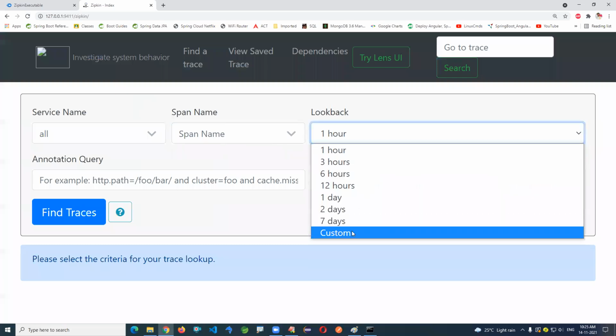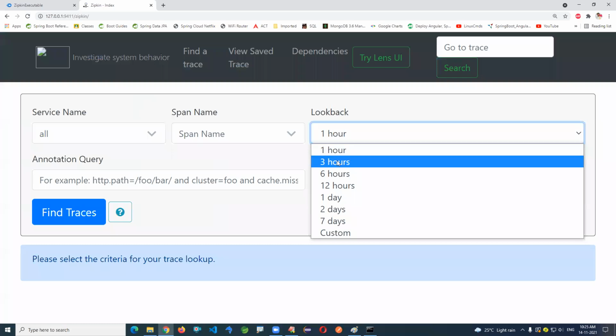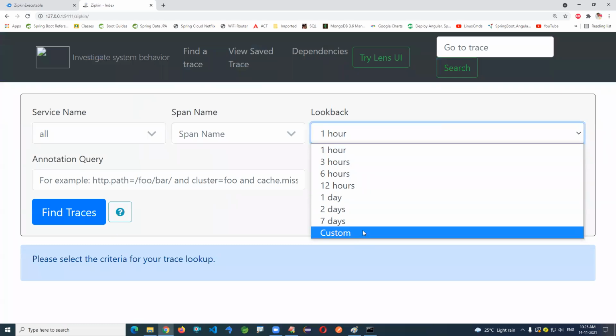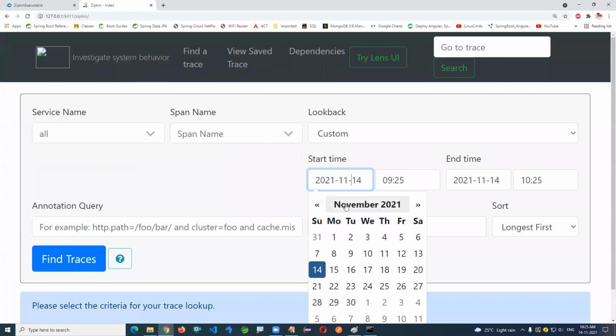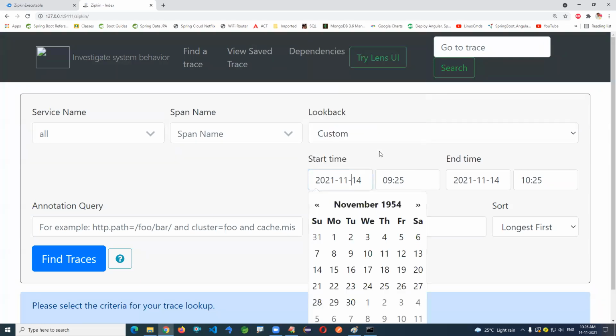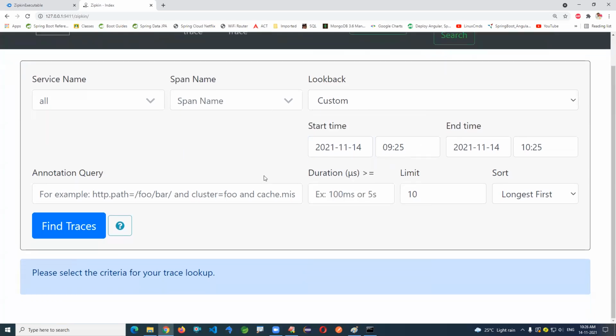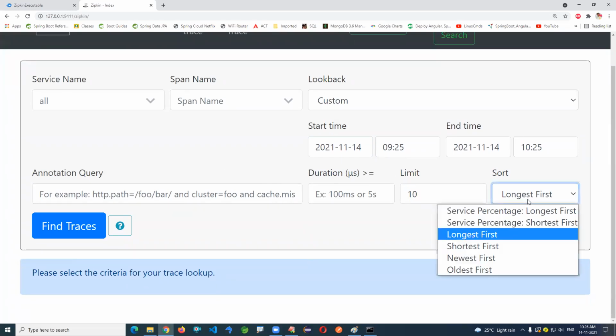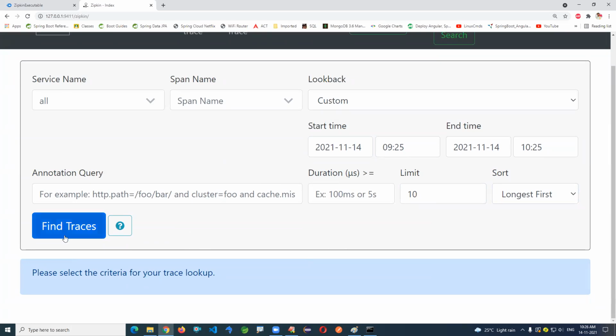At what time it is, you can just check 3 hours back, 6 hours back, requests are customized. You can even search some years back also. So here, if it is stored already, then we can search. Of course, you must be running from there. Or else, based on the duration of the span and how many you want to see, the limit here. Sort longest first, shortest first, you can trace everything here.